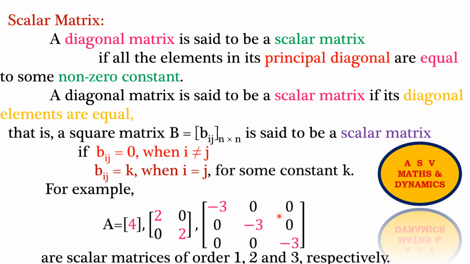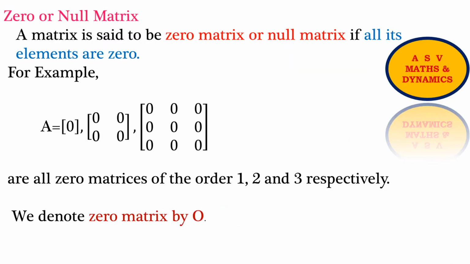If you see such a matrix, it is a scalar matrix. Likewise you have to tell. And also the zero matrix, which is the zero matrix or null matrix. The word is very important. When you see any matrix and this matrix is a 0 or null matrix, how do you tell? You see that all the elements, if they are 0, then you can call it a